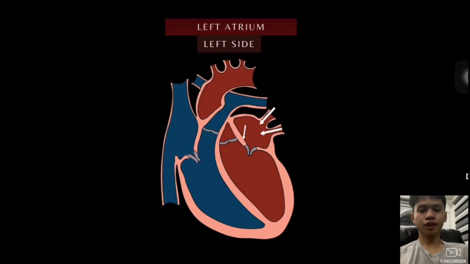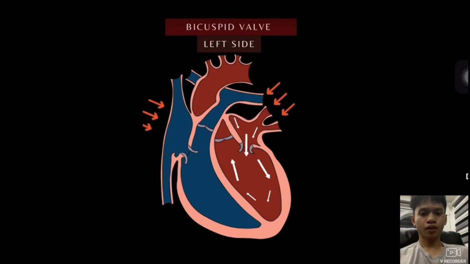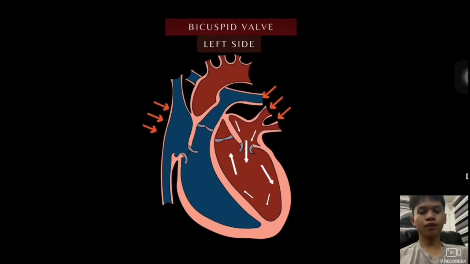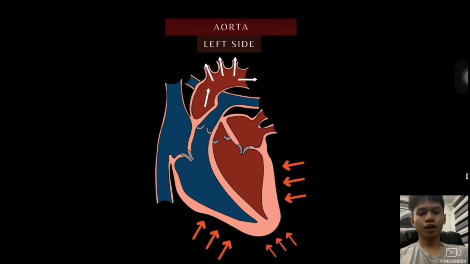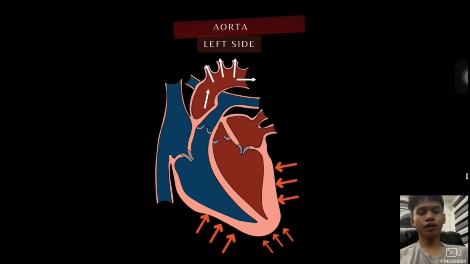Once the blood is oxygenated, it enters the left atrium, and it goes through the bicuspid valve to the left ventricle. Then it goes to the aortic valve, and it goes to the aorta, and it distributes to the